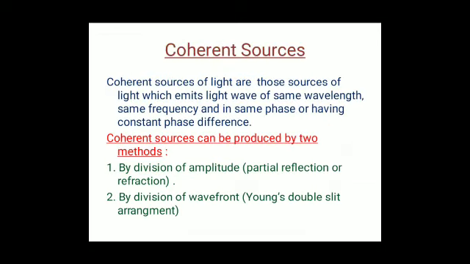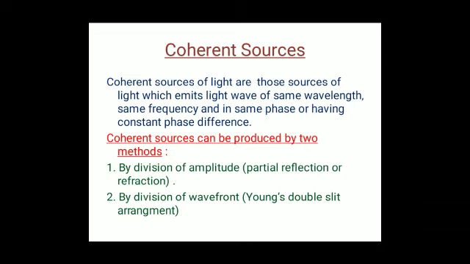To observe interference, we need two light sources which should be coherent by nature. Coherent, this word is used here. Let's understand what is the meaning of coherent sources. The light rays emerging from these should be of the same wavelength and frequency, having constant or no phase difference with time. The main condition is they should have no phase difference or a constant phase difference between them. This is the main condition.